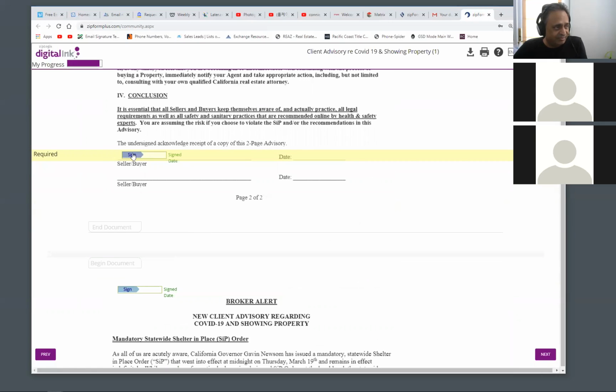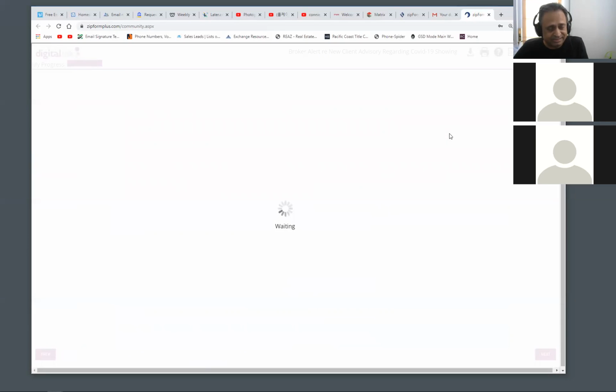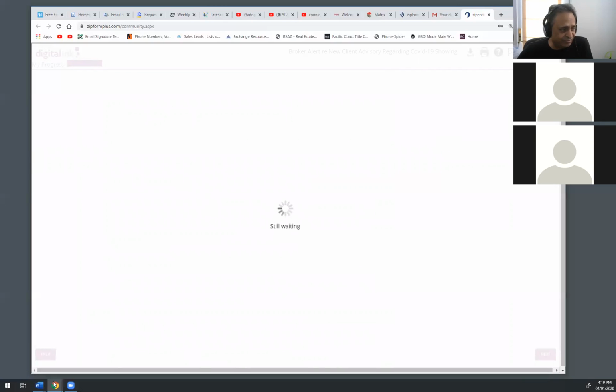And so here are the PDFs that we are signing. There's the one on the broker alert that we are talking about. If you want to let me go forward, but now it's here. We'll have it signed, and we are done. So now the buyer has completed the paperwork. It's going to come back. And if I go to Zip Forms,